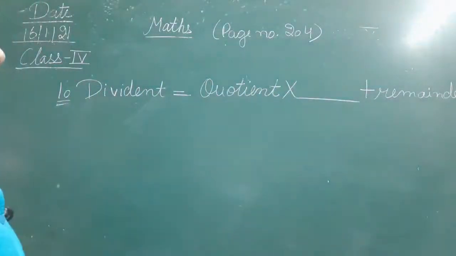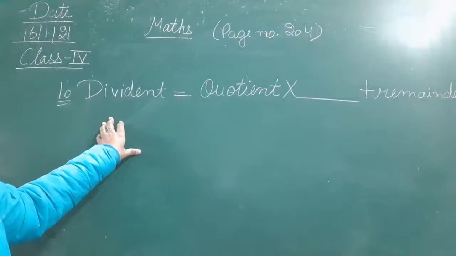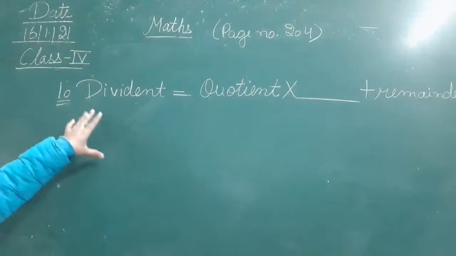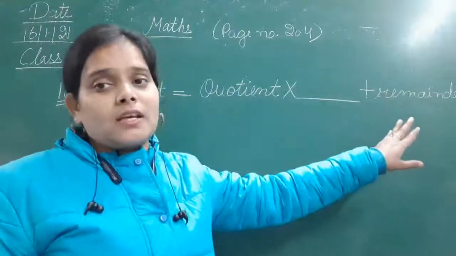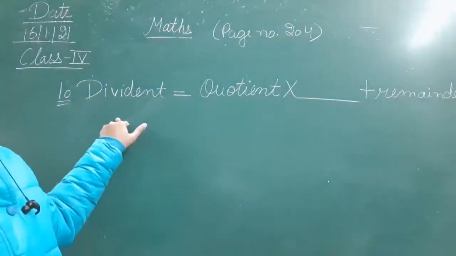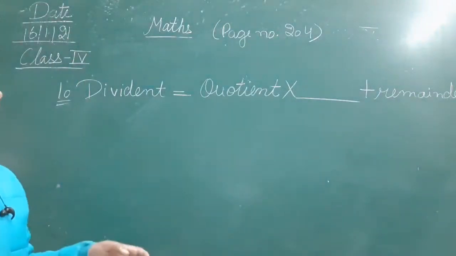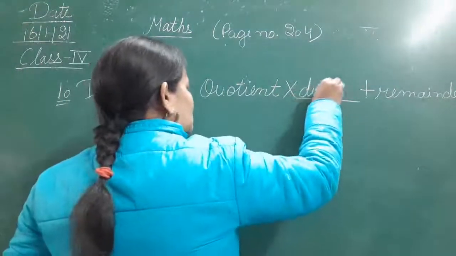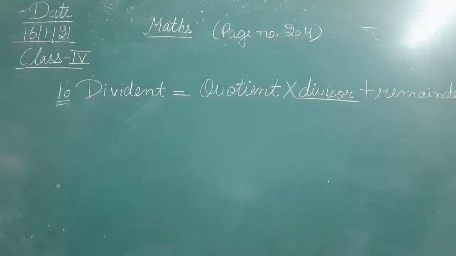So here we have to find what will come in this place. अगर आपको याद हो बेटा, this is the formula for checking. This is a formula that we use when we check a division sum. So that means अगर हमारा dividend, क्वेश्चन को जब हमने डिवाइजर से मल्टीप्लाई किया एंड रिमाइंडर से ऐड किया, and if this and this come equal, so that means the calculation and the division that we have done is completely correct. So what will come here: dividend is equal to quotient multiplied by divisor plus remainder. Clear?